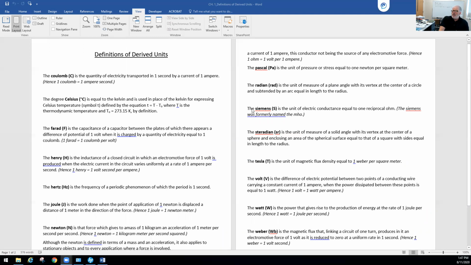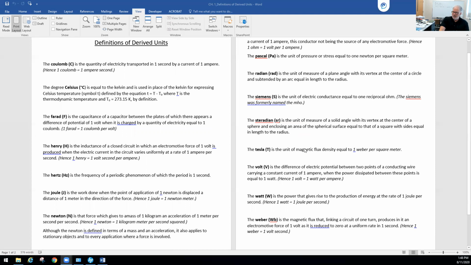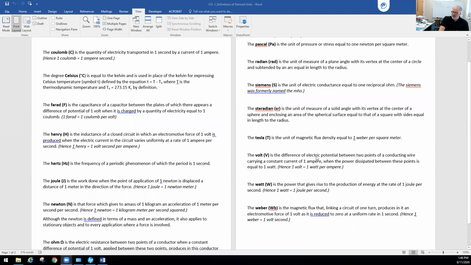One other I'll point out to you, the Siemens is a unit of electrical conductance equal to the reciprocal of the ohm. And it is interesting to me that at one time, Siemens were formerly named MHOs, which is ohm spelled backwards, which to me seemed to make a lot of sense, but for some reason that was done away with. Tesla, we'll use that a lot when we're discussing magnetic flux density, because we're going to